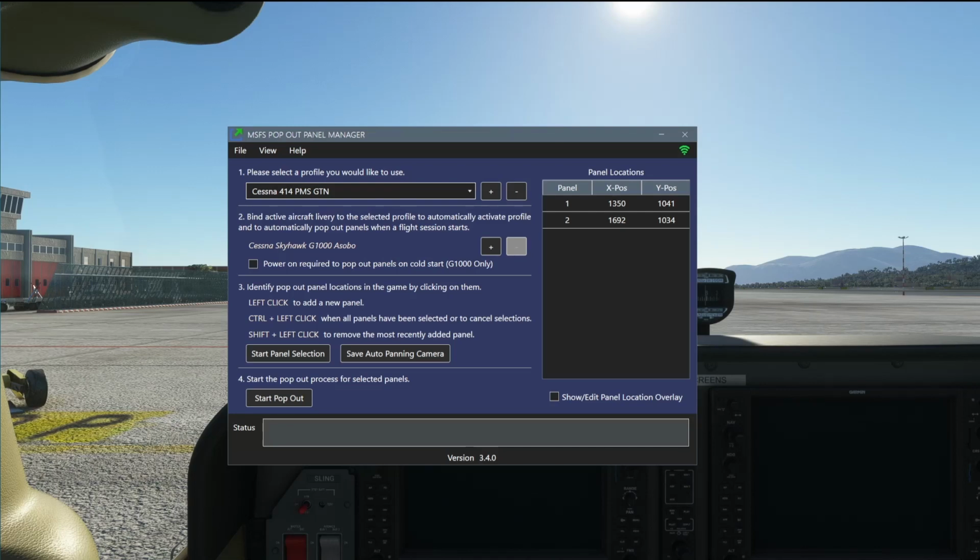Even the way Microsoft and the Sobo do it in the sim, for some strange reason, is that you can't just select another aircraft from the normal window. You have to go back via the menu to do that, and every time you do that you lose your pop out. So even if you're in the same aircraft and you just go back and you want to select another flight, you want to fly somewhere else or start somewhere else, you have to go back to the main menu, and the moment you do that you lose your pop out. So every time you do that it becomes a pain having to re-pop them out every time. Hence